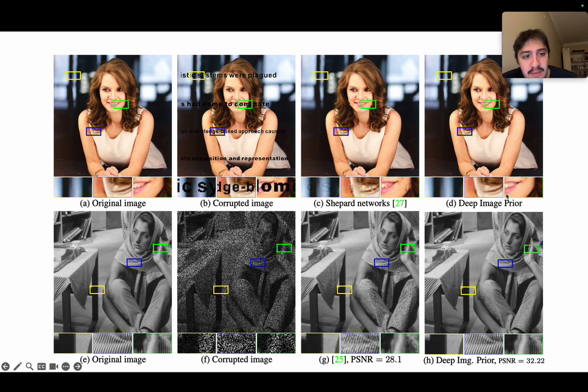And these are the algorithms, and deep image prior is the algorithm that we are looking for. Let's see the results. As we can see, the mouth of the woman is much sharper in deep image prior, and